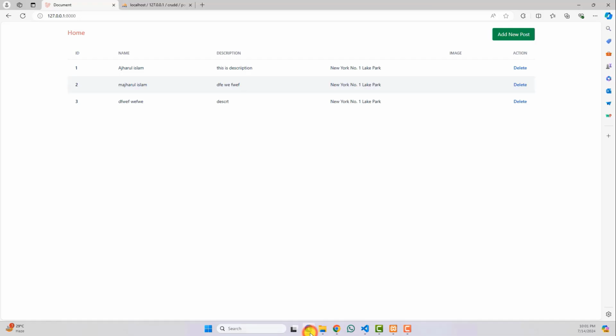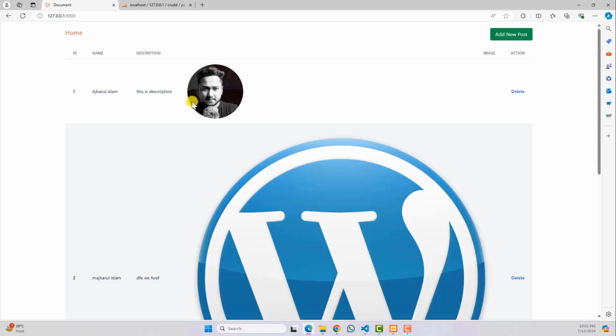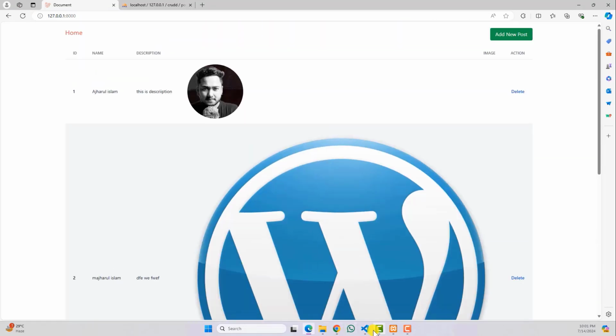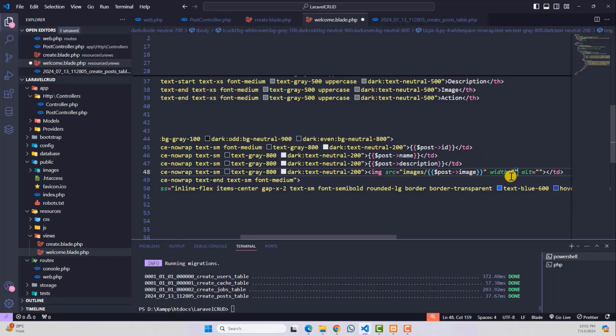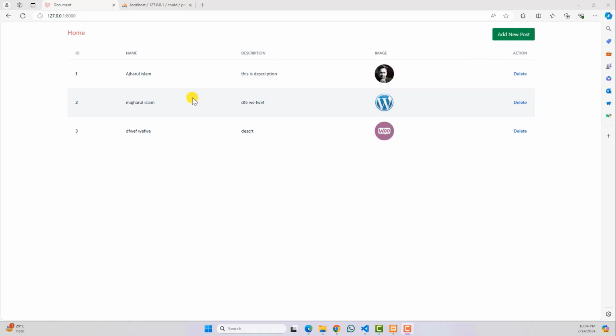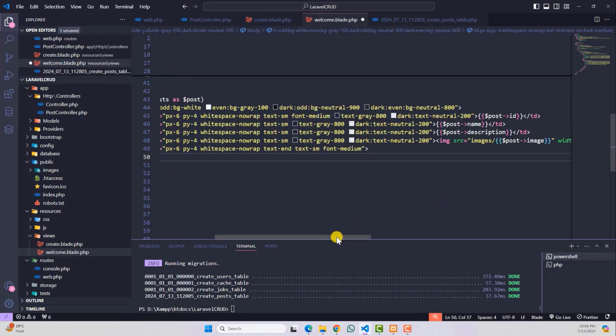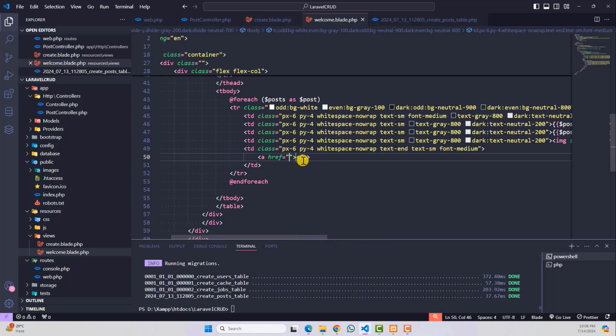Okay, and reload this page. And as you can see, we have got our image list, and then you can set the width for these images. So type width, and I'm adding 80 pixels, and that's it. And now I wanna add an edit button inside the action column. First of all, I wanna delete the button from here, and then you can add a new anchor tag, and